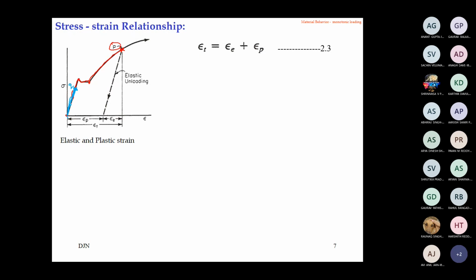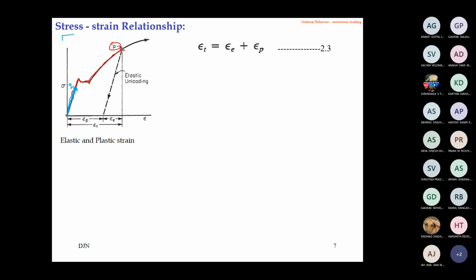And you will regain the original shape and size. But once there is yielding, if you are going to release, then the original shape and size cannot be regained. There is some amount of elasticity and some amount of plasticity together. So whatever plastic part you have achieved cannot be regained, but whatever the elastic part is, that is still regained.